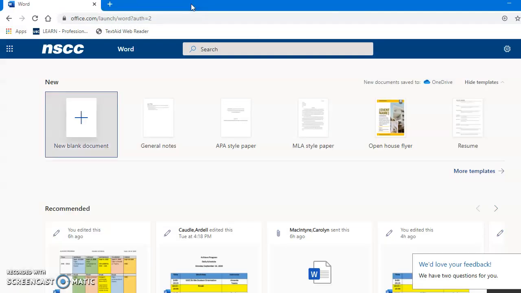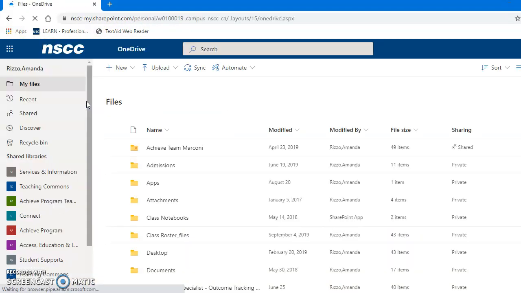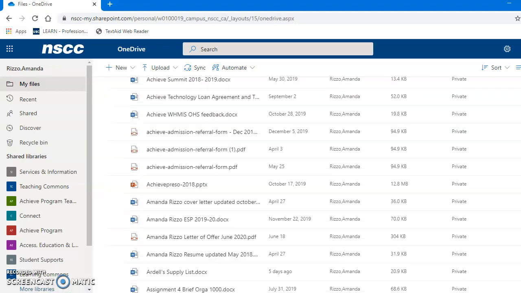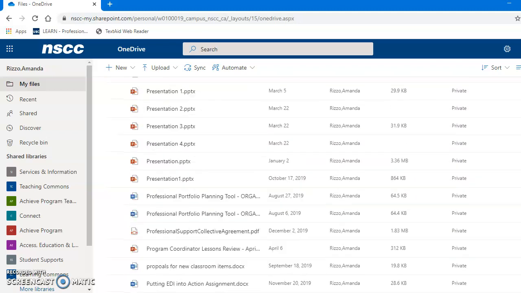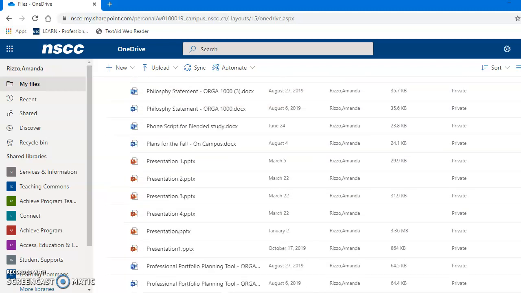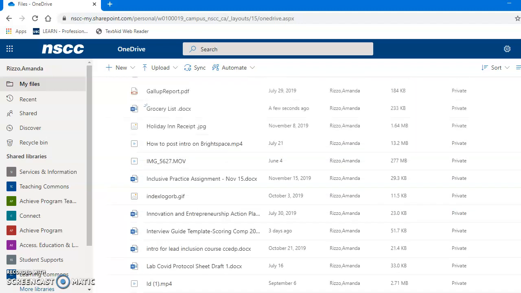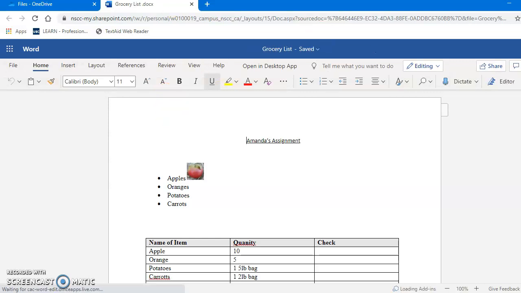Now I'm going to check to make sure that it is here. So if I go to my OneDrive, and I'm going to scroll down, G, I called it grocery list, so I'm going to go to, oh, a little too far there. Grocery list, there it is. So if I wanted to open that back up, and here it is. Okay, so in the next video, I'm going to show you how you can attach a file and send it